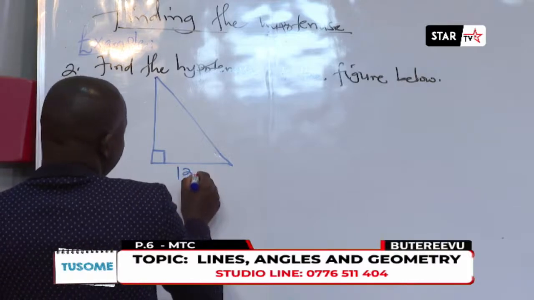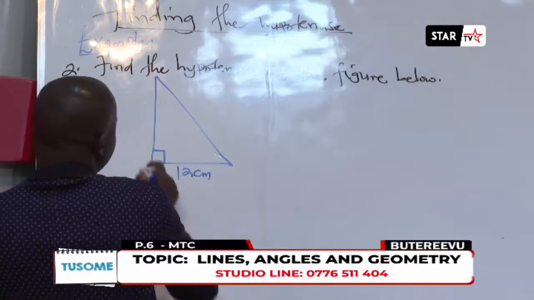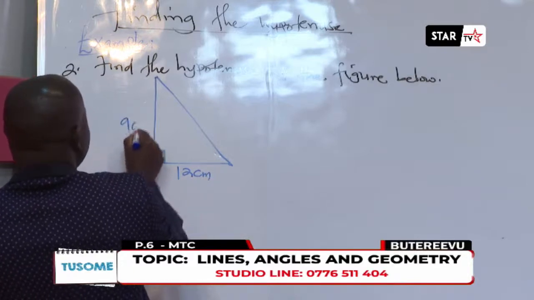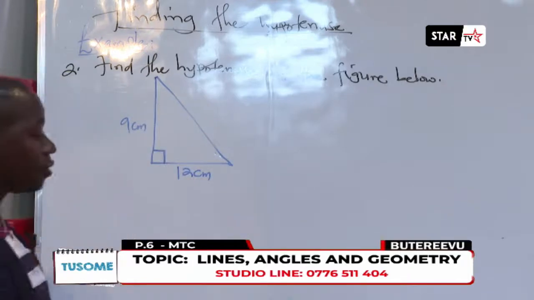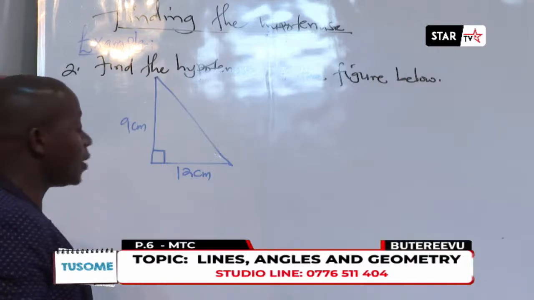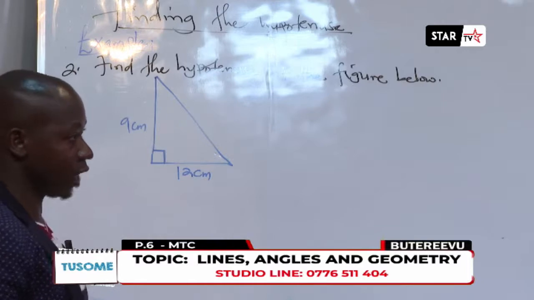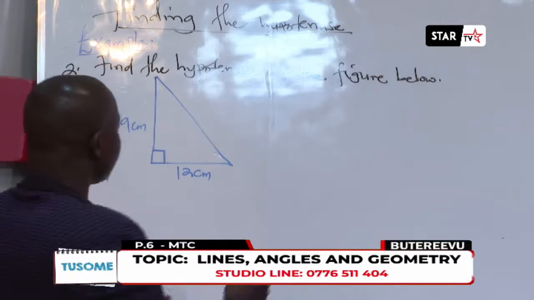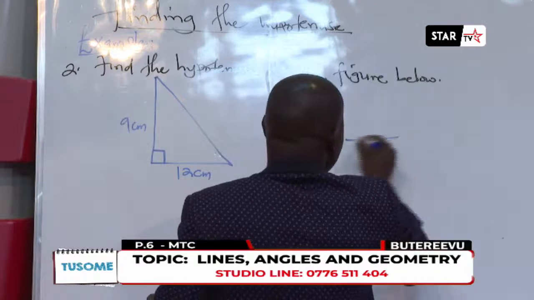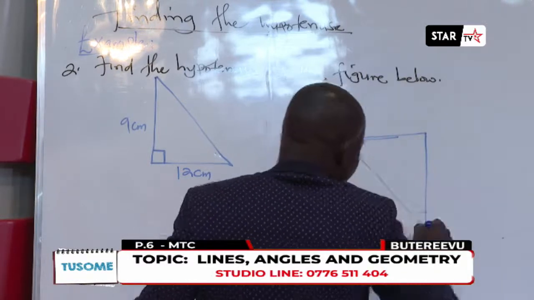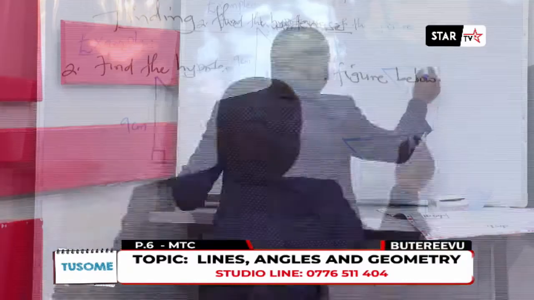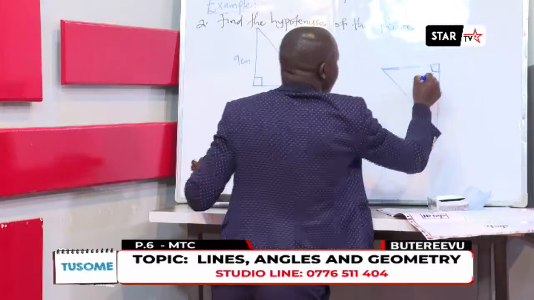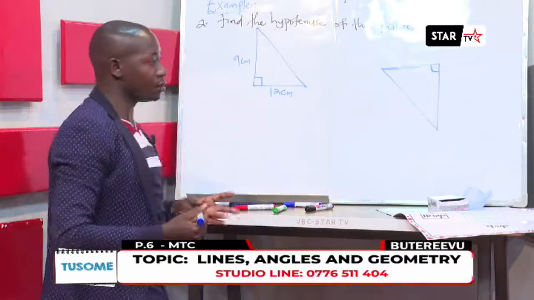For example, we can say this is 12 centimeters, and this is 9 centimeters. Whenever they draw a right-angled triangle, you need to know which is the base, which is the height, and which side is the hypotenuse, which is the longest side. How do we identify this? You can have a triangle drawn in this nature, facing down. You don't need to think a lot. For as long as you see this symbol here, the right-angled symbol,